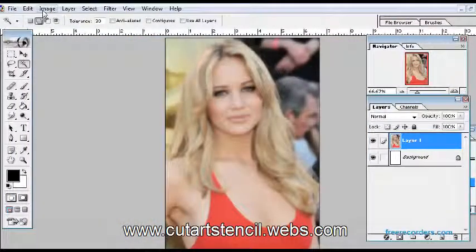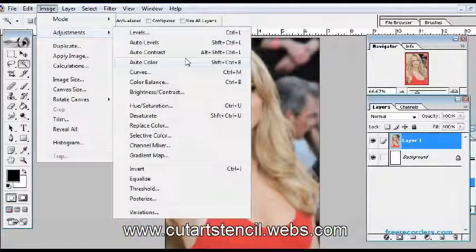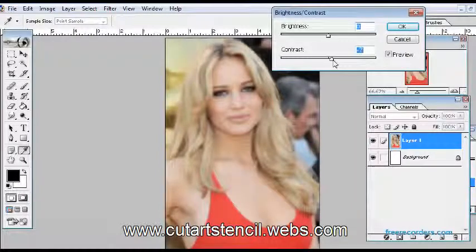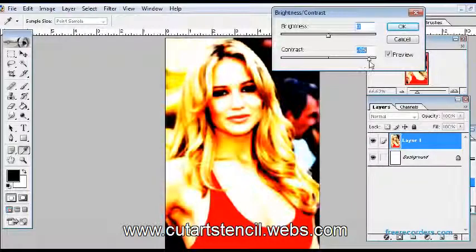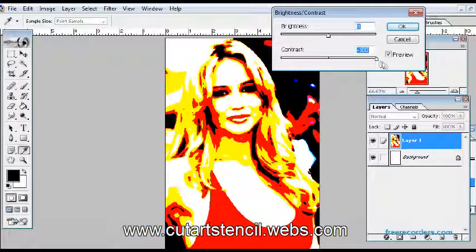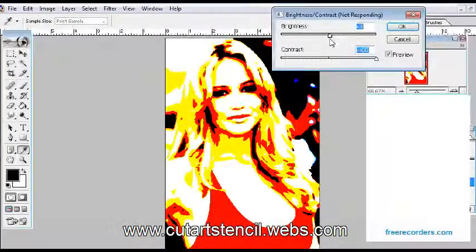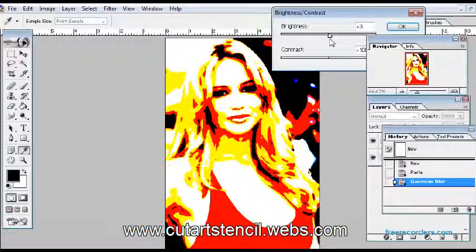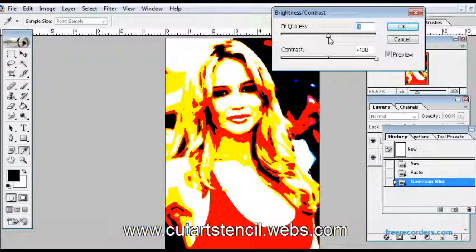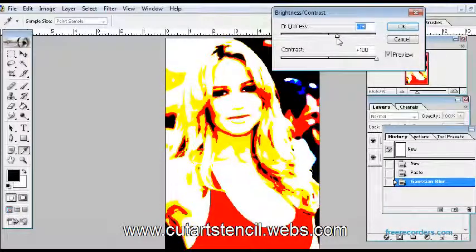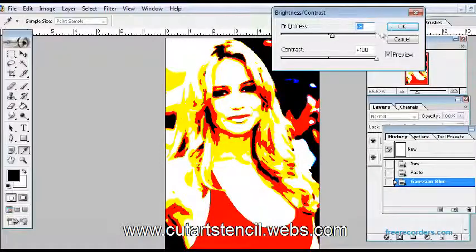The next step is we go to image adjustments and increase the contrast. So you go and increase the contrast to 100%. As you can see, the picture has broken up into basic colors. Adjust the brightness to reveal maximum details without compromising on quality, and apply OK to it. As you practice, you will know you can do it several times. Try various levels and do your own settings.